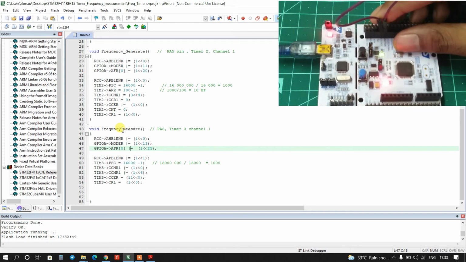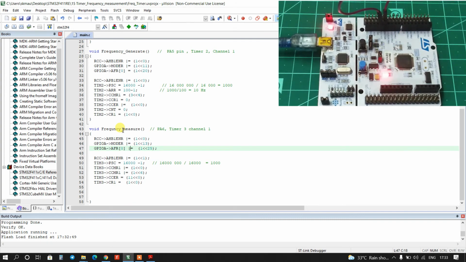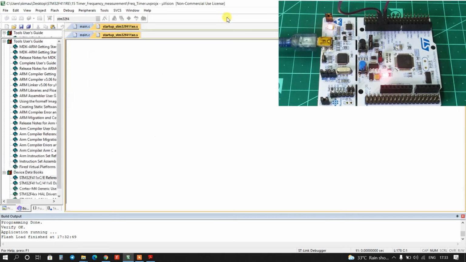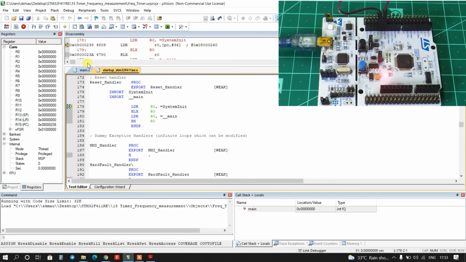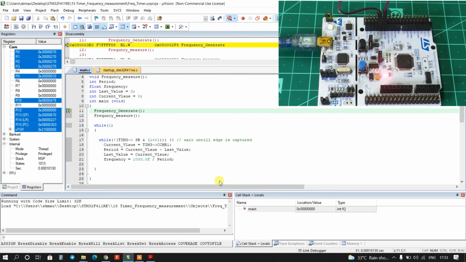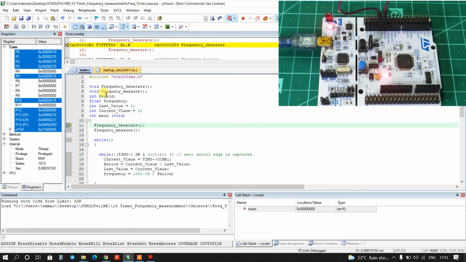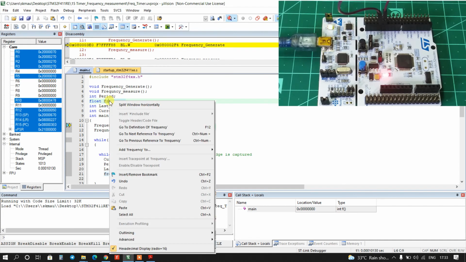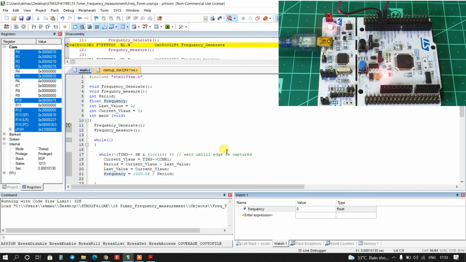Okay, this is a jumper wire. I have shorted with the jumper wire, and now I will debug. And click on frequency, right click, add to watch 1 and click on run.